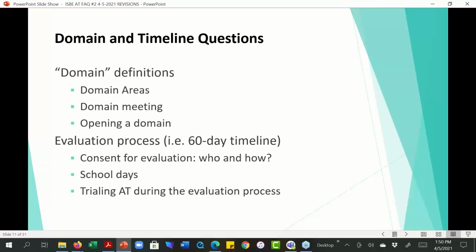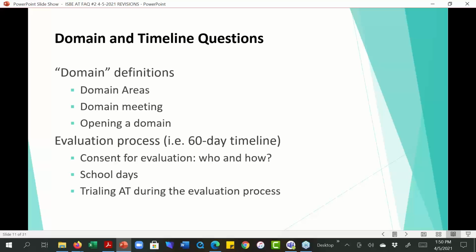So when the team says, oh, we'd like to bring someone in to do an AT evaluation, when we're looking at these domains to get consent for that evaluation, the team may justify in any domain where the team wants to know, will AT be supportive? So one common example is an area of speech and communication.